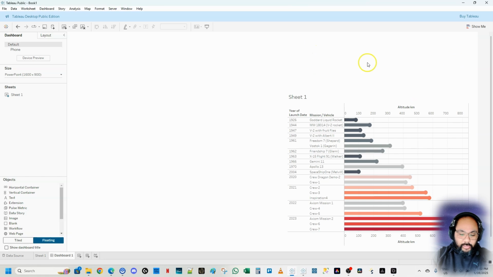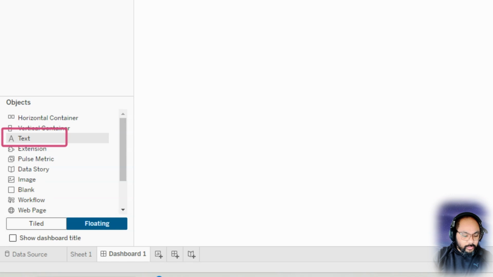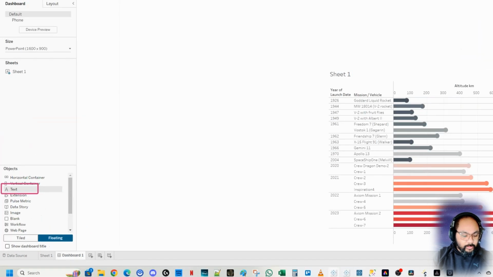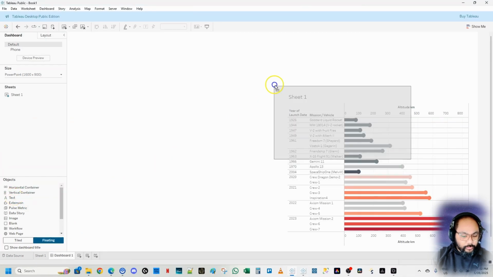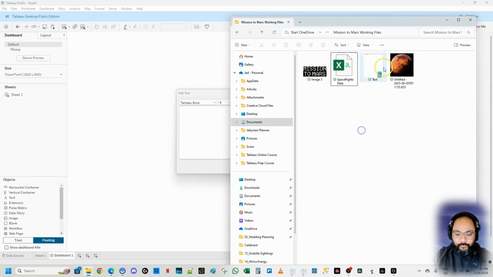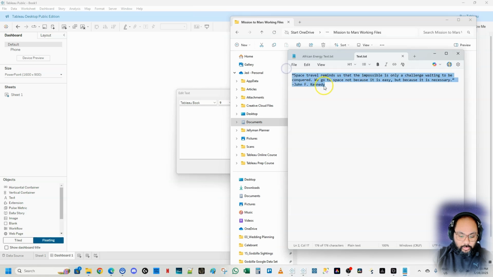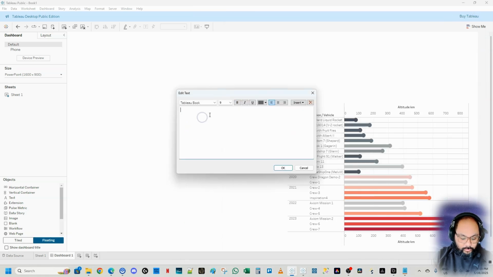And then we're going to bring in a text box. So here on the bottom left, you're going to see text. And this is for the JFK quote on the top. So again, leaving it in floating mode, bring up the text here, and you're going to get this window. Now, when you go to the file that you downloaded, you're going to see this text file. If you open that up, you're going to see the quote in there. There we go. And we're just going to copy this, Control C, come back here, and